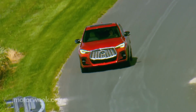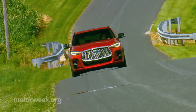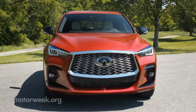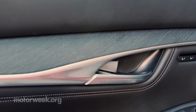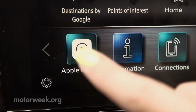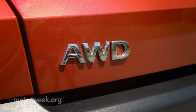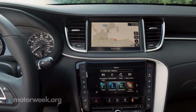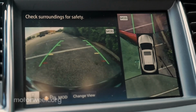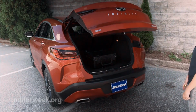As great as all of that is, the thing that will ultimately decide the QX55's fate is its luxury experience. And rest assured, there's no sacrificing for style here, as moonroof, heated seats, aluminum trim, 20-inch wheels, wireless Apple CarPlay, active noise cancellation, and even all-wheel drive are all standard. Plus the usual nicer leather, open-pore wood, ambient lighting, a round-view monitor, motion-activated liftgate, and intelligent cruise control upgrades are